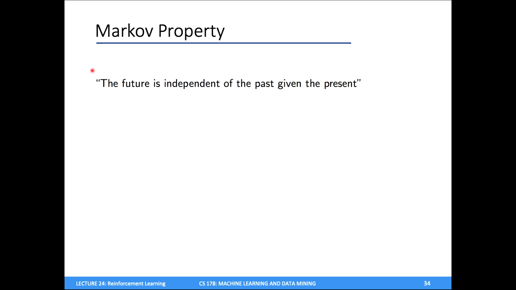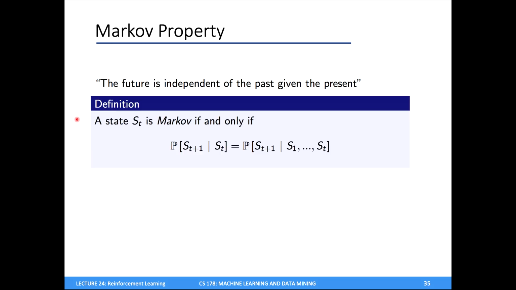Okay, so the key property that we're going to make use of here is what's called the Markov property, or the Markov assumption. And what this property says is that the future is independent of the past given the present. So in other words, if I know what happened right now, that's sufficient for me to tell you what's going to happen in the future. I don't need to account for all of the things that happened previously. And we'll see plenty of examples of this. It seems a little abstract now, but it'll make sense in a bit.